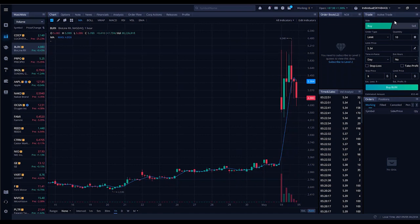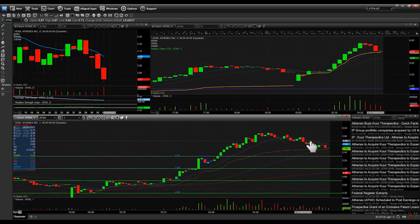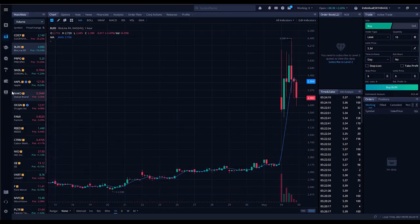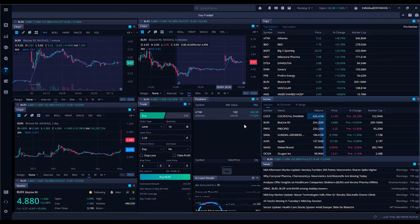Well, that's it. Let's see where it's at. So it's dropping down a little bit. It's testing different moving averages now here. So it's slowing down momentum. Volume is decreasing. I would expect people to start taking profits. It's kind of like in a downtrend, and I'm just gonna hold it. You know, it's fine. Even if I lose money, 50 bucks at most I'll lose. It's at 80, so I have a nice cushion, the $800 cushion, and it's not gonna drop $8. So worst case scenario,